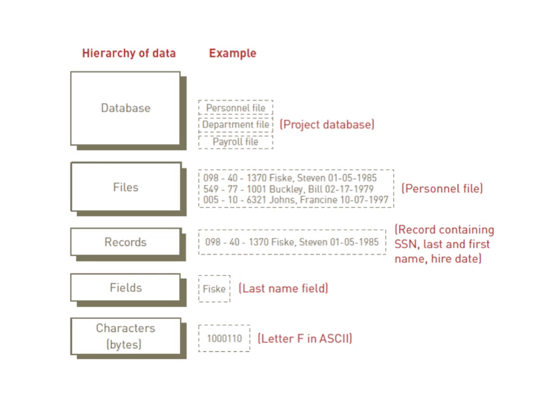Files, of course, one level down, you have your personnel files, and they give you some examples there. You have records, which is a collection of fields that are usually in a table. Then you have fields, which, first name, last name, they give you the example of last name there, and characters, such as the letter F that might go into the field. And of course, they give you the